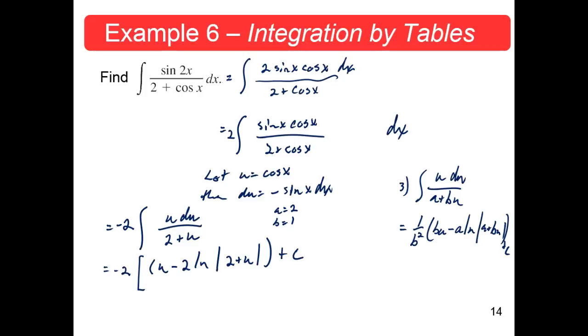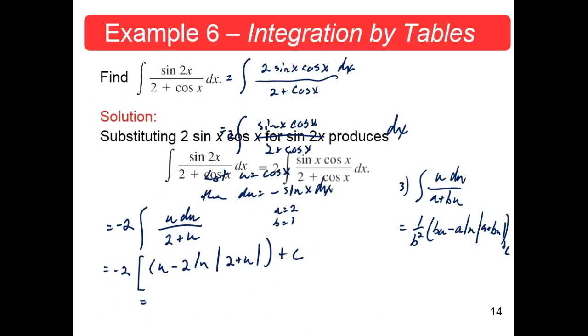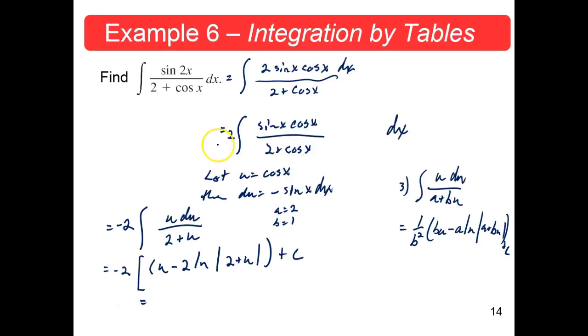Okay? If indeed that's true, then we can go back and plug in what the u is, which is cosine x. It would be minus 2 times cosine x minus 2 times the log of absolute value 2 plus cosine x